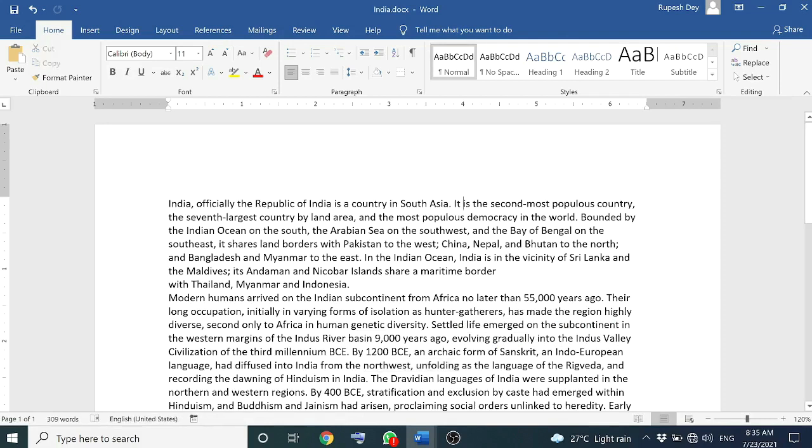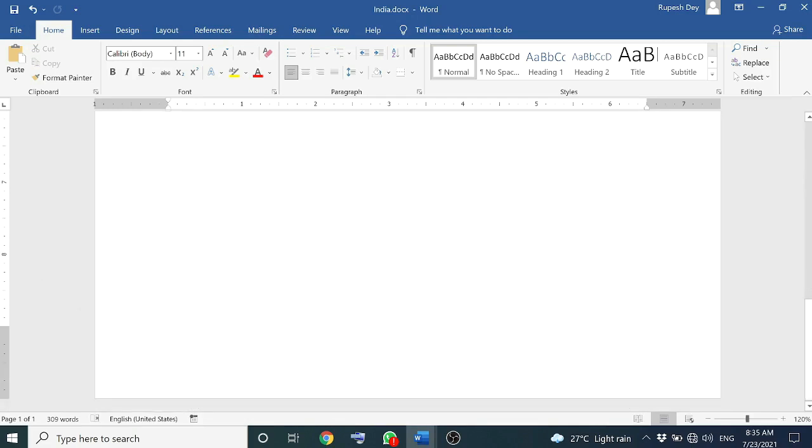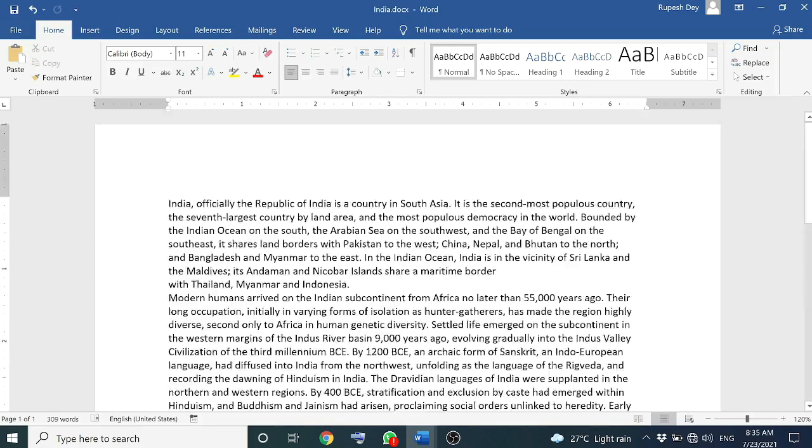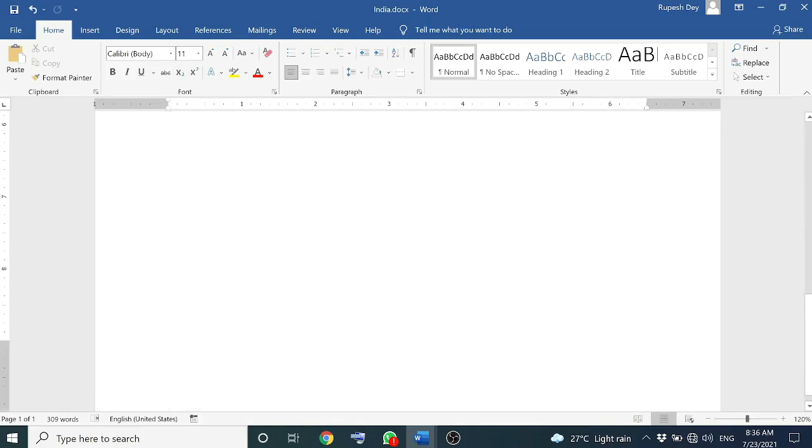What is that? A margin is a blank space between the text and the side of the page. So this is the page edge, and this is the actual appearance of the text. This much distance is for the top margin. Here this is for the left margin, this is for the right margin, and at the bottom of the page you will get the bottom margin. I am showing you the margins: top margin, left margin, right margin, and here the bottom margin.